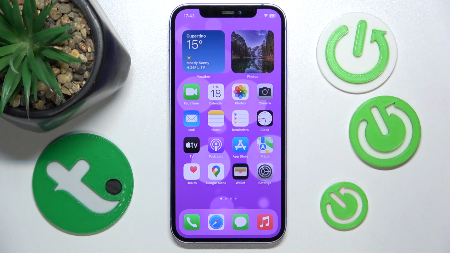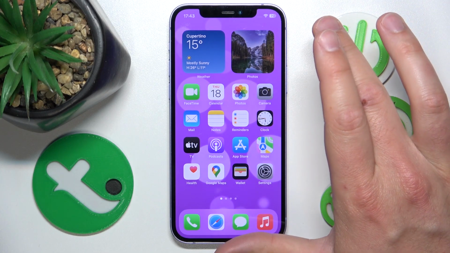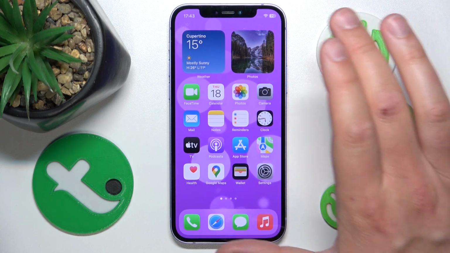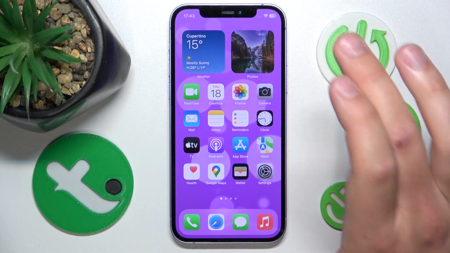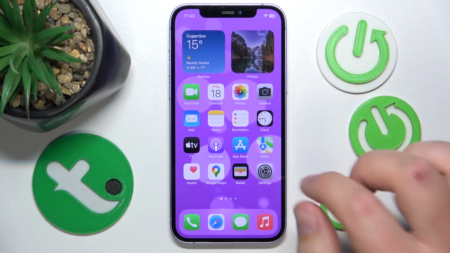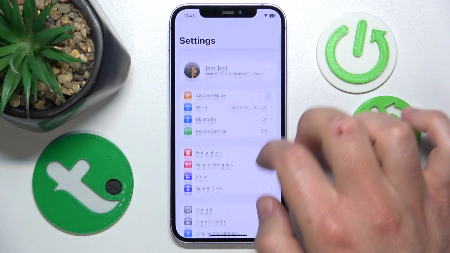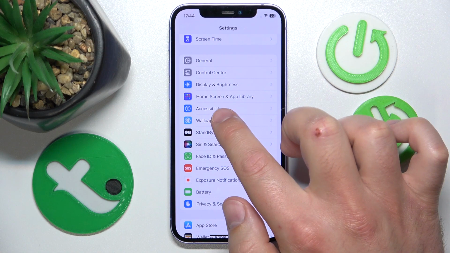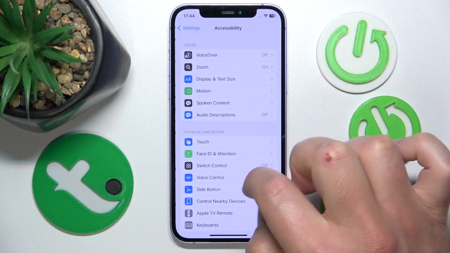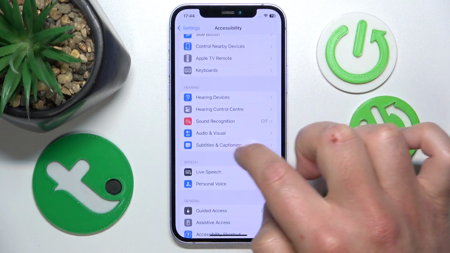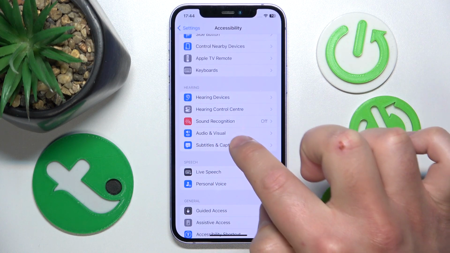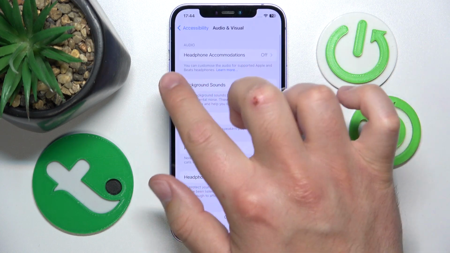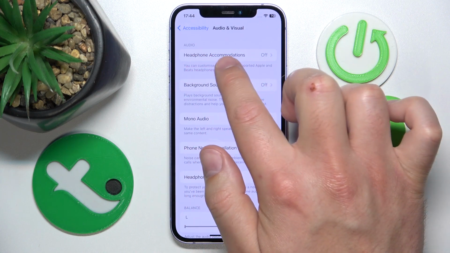So today in front of me is the iPhone 12 with iOS 17.4, but it really doesn't matter which iPhone you have or which version of iOS you have, it is all going to work the same on every iPhone. So what you want to do is open Settings, then swipe down a little bit, swipe down and go to Accessibility, so just tap on that, and then swipe down and go to Audio and Visual, so tap on that one, and the first option is going to be Headphone Accommodations,